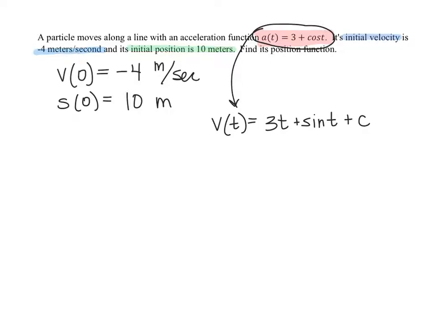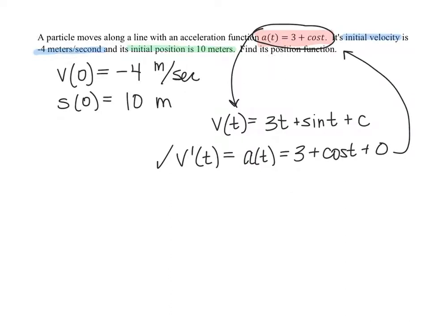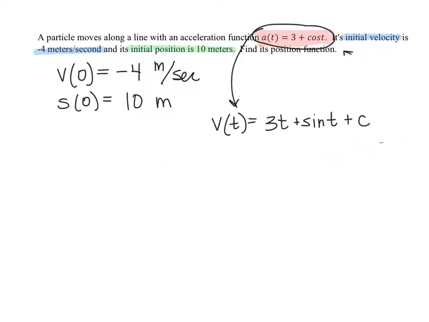Now, just a reminder here, if you wanted to check this, sometimes I would check it in my head, or perhaps you'll do a check off to the side, we would check this antiderivative by computing the derivative of this function. The derivative of velocity, we know, is going to give us acceleration. The derivative of 3t is 3. The derivative of sine of t is cosine of t, and the derivative of a constant would be 0. So we're just verifying that we do indeed get the original acceleration function that we were given. And again, that's a check that you probably are not going to actually write out on paper, but rather a check that you would just do in your head